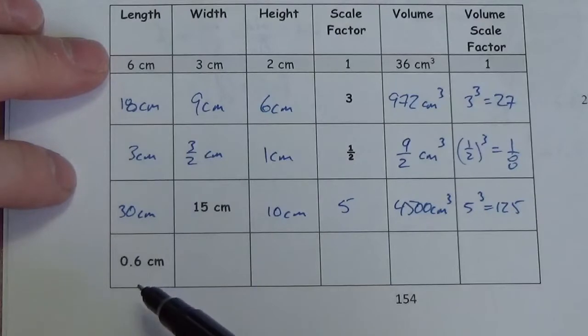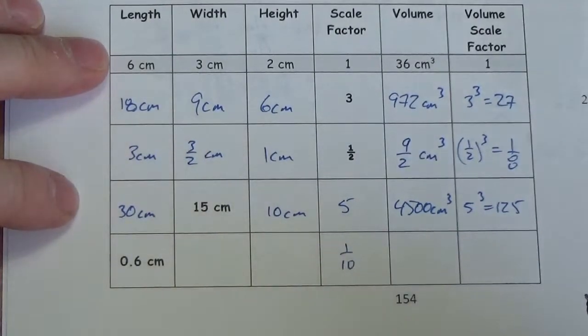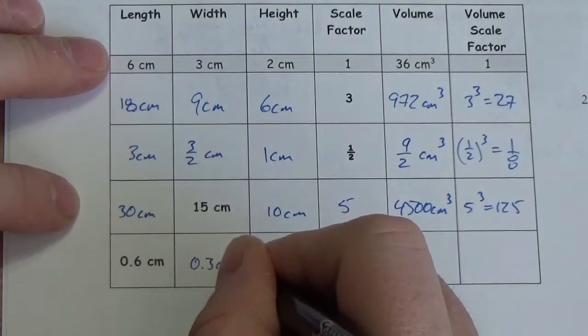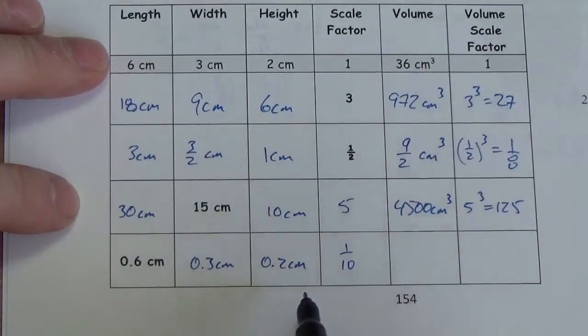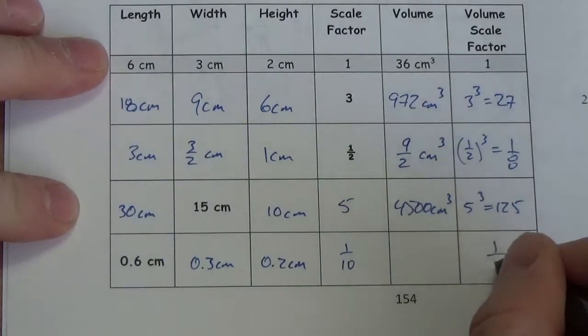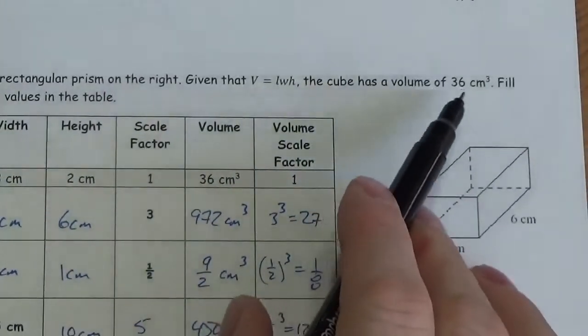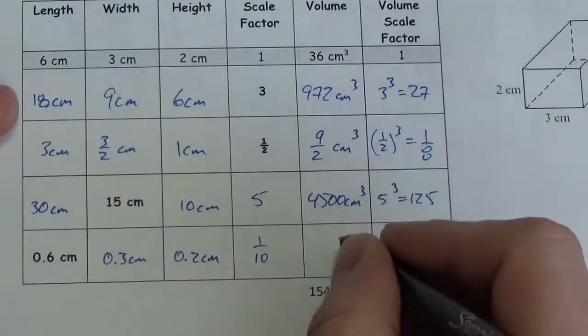Here, I went from 6 to 0.6. That means I divided by 10. So 3 divided by 10 is going to be 0.3 centimeters. 2 divided by 10 will be 0.2 centimeters. Now, to get my volume scale factor, I'm going to cube that, which is going to end up being 1 over 1,000. Which basically means I'm just going to move the decimal. So if here's my old volume, I'm going to move the decimal 3 places to the left there, which is going to be